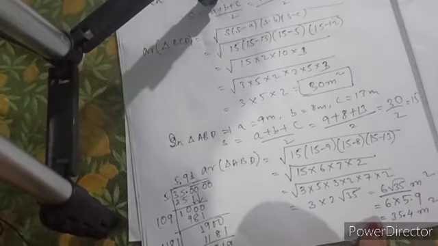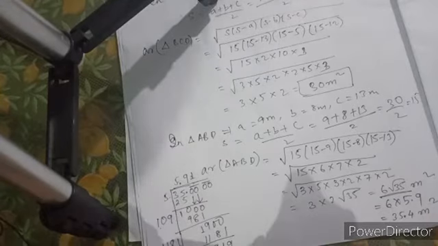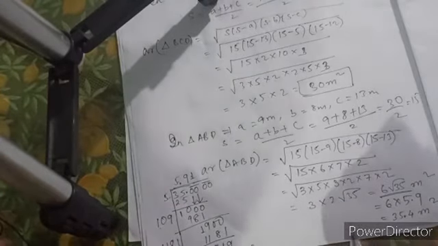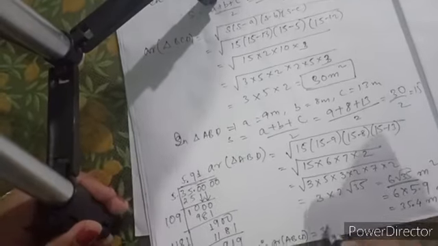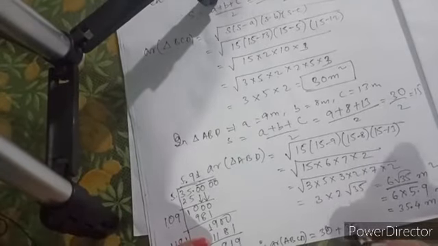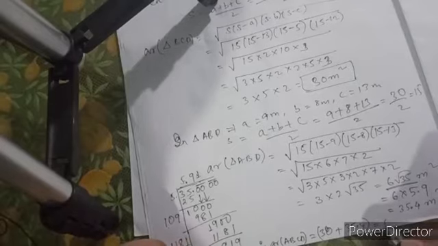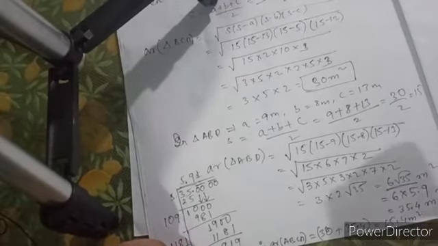So if I find the decimal, it will be 35.4 meter square, isn't it? So you are asked to find the area of the quadrilateral, and the area of the quadrilateral is divided into two triangles. So let us write 30 plus 35.4. So the total area of this quadrilateral will be 65.4 meter square. So this is the answer of our first question.